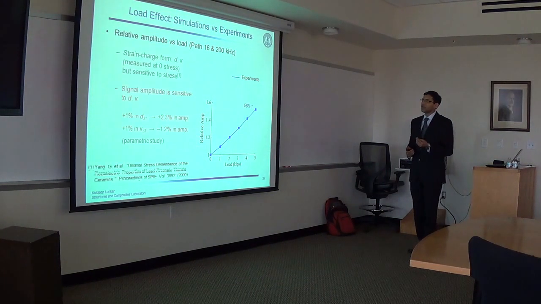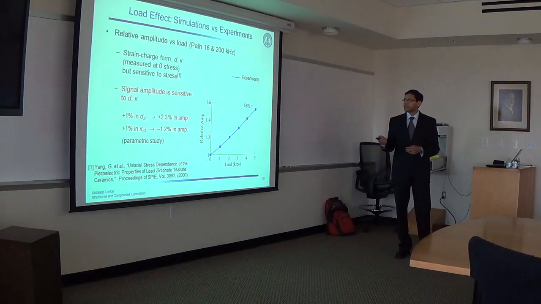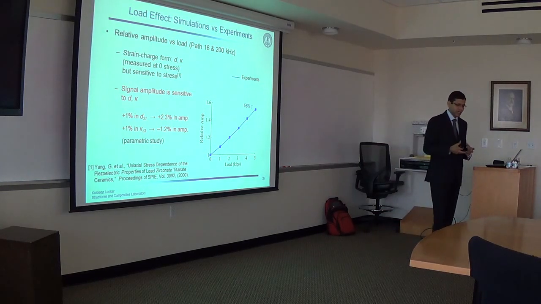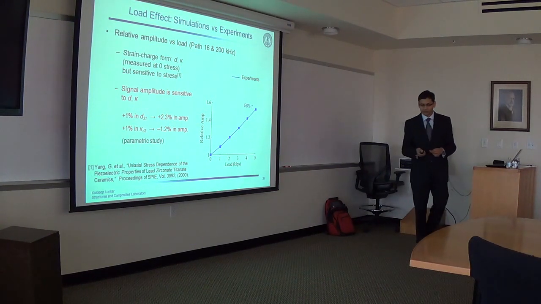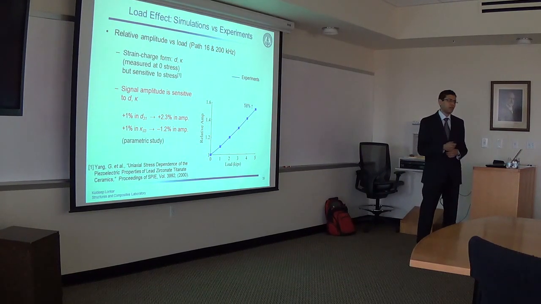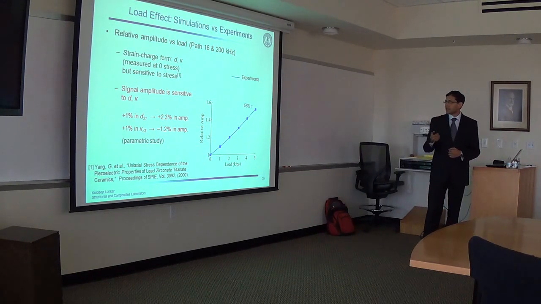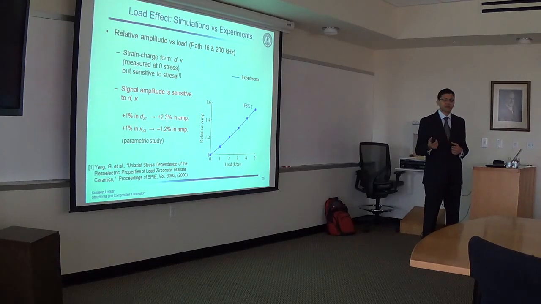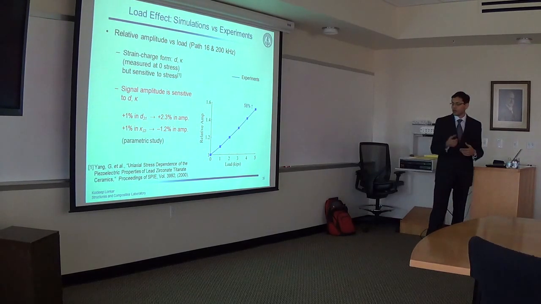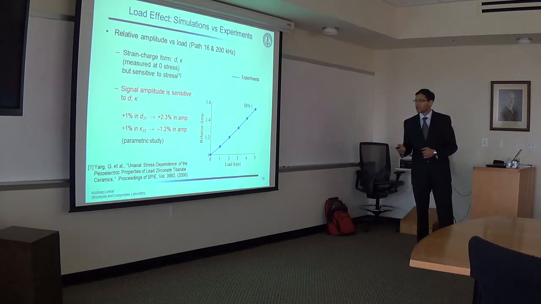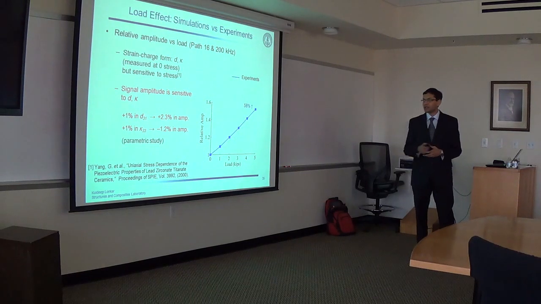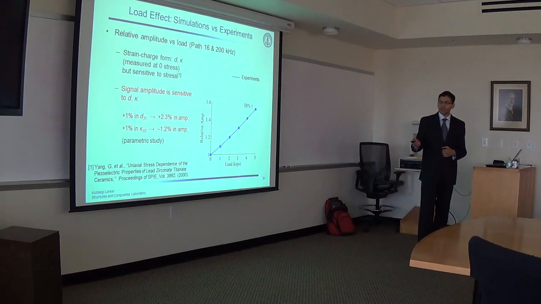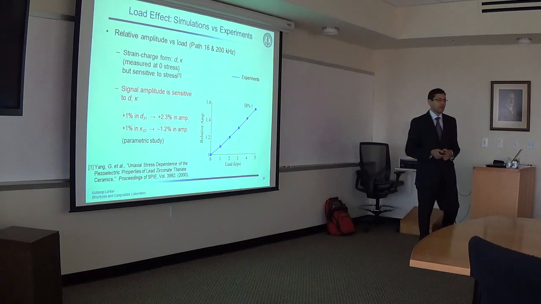The reason for that is the electromechanical properties. This D and kappa, the electromechanical properties, are measured at zero stress, but they are very sensitive to stress, as shown by Yang et al. They can change significantly, by as much as 20–30%, when compressive load is applied. The signal amplitude is very sensitive to these piezoelectric coefficients and the dielectric constants. Parametric study tells us that 1% increase in D31 gives rise to 2.3% increase in the amplitude, and 1% increase in kappa 33 reduces the amplitude by 1.2%.